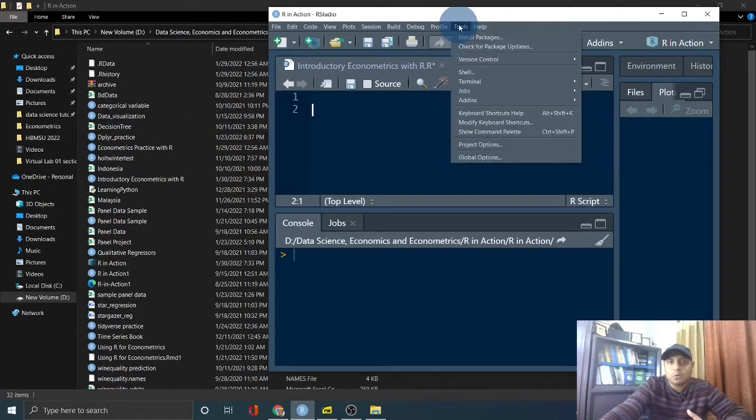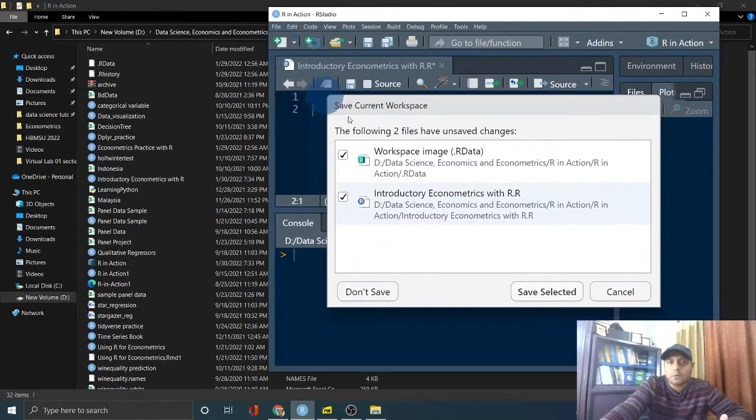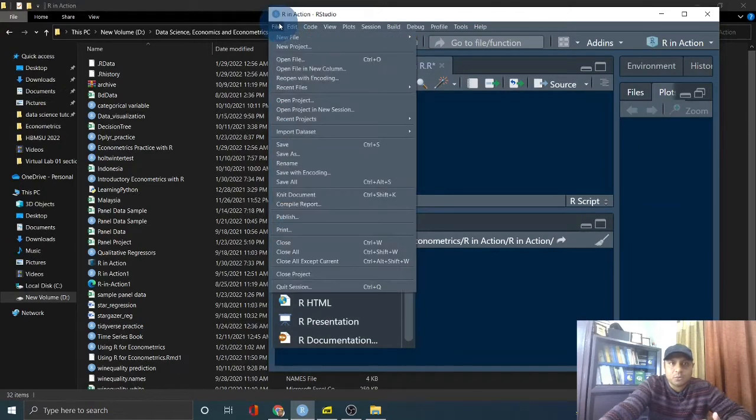You can easily go to Tools and then Global Options, Project Options, or you can go to File and start a new project. If you click New Project, a new project dialog comes up, and these are the two projects I have. You can easily select this one, and if you wish to start a completely new project, then I would certainly suggest you start with a new project file.